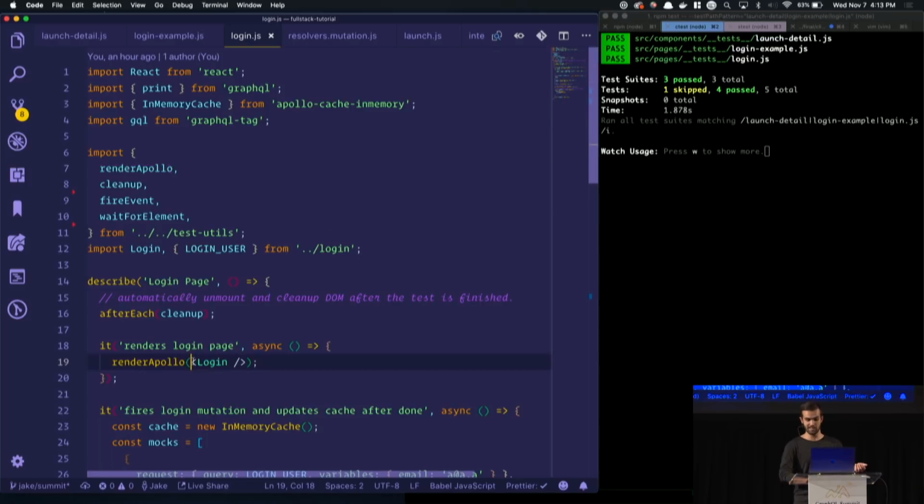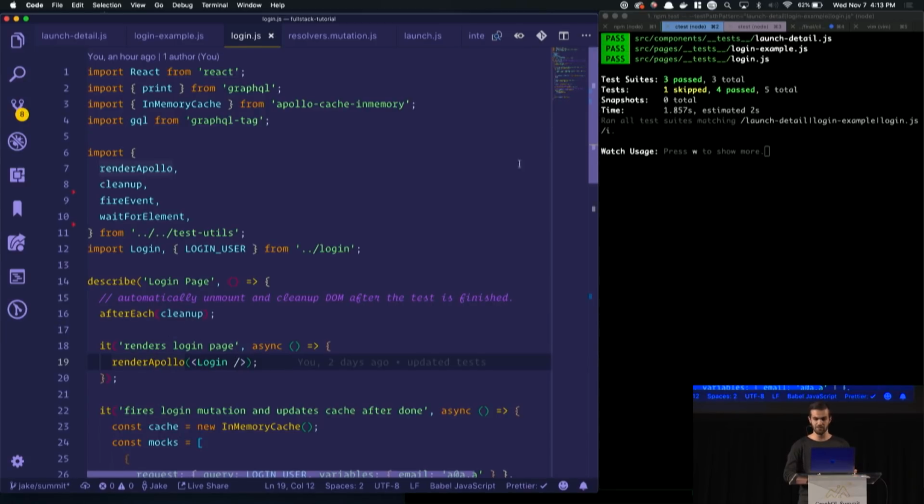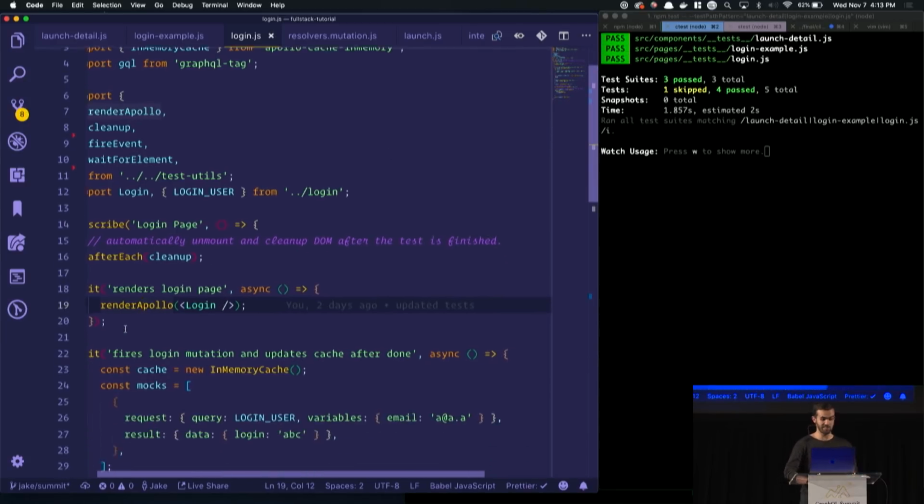And all it's doing is this login component here is the exact same test as the last test I showed you. It's just wrapping this login with a mock provider. I just did that to save time, considering if you're writing 100 of these things or more, then you don't want to have those 2 lines every single time, because that gets really cumbersome really quick. So you can see that I'm still testing this. If I were to break this, then it would break these tests on the right. But this is the same test.